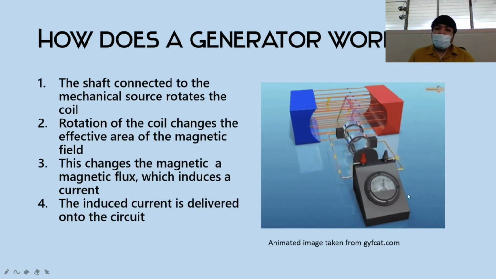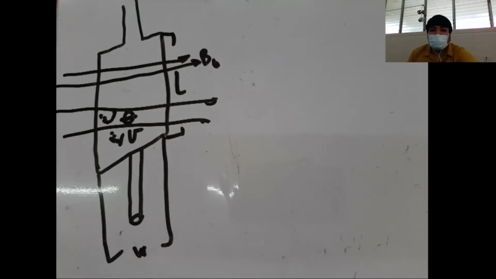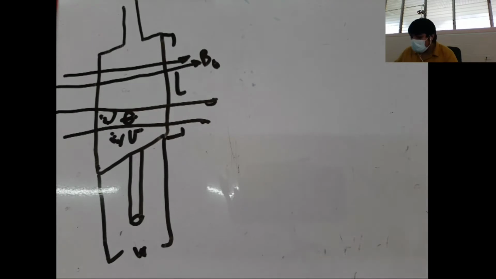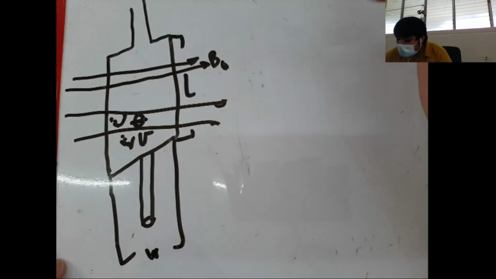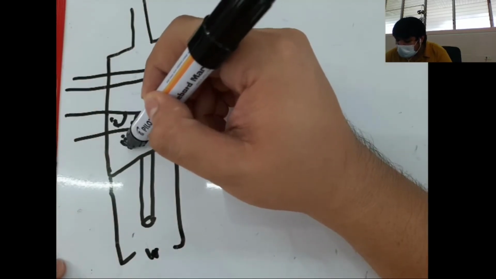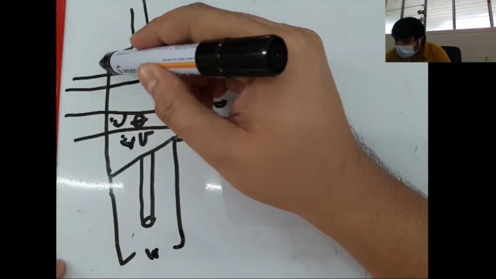Now let us go deeper into the physics of the electric generator. So let us focus ourselves here on our generator coil. As I've said earlier, the generator coil is in between the opposite poles of two different magnets. Now if this generator coil rotates at this linear velocity here, let's say this one side of the